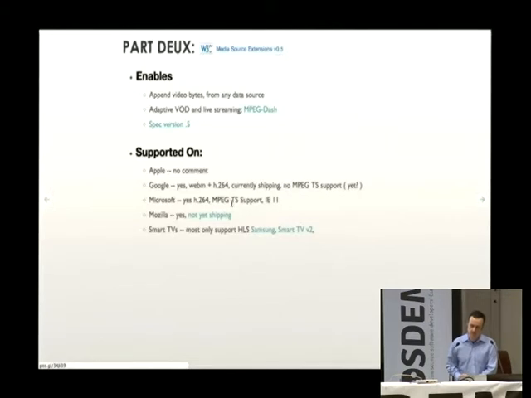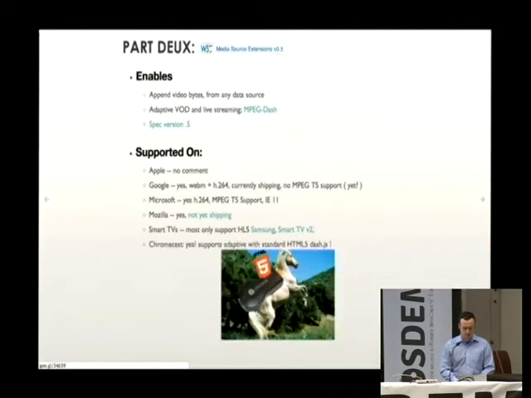Smart TVs mostly are committed to HLS. We haven't seen it too much on smart TVs, though the smart TVs do plan to implement MPEG-Dash. It's not quite the same thing because a mediaSource API gives you a lot more flexibility. You can actually take into account network events on a global scale as opposed to just being a black box that the client makes decisions against, or an opaque thing.